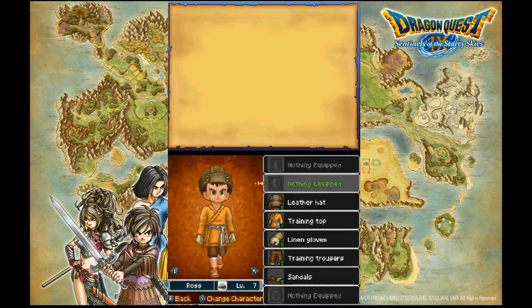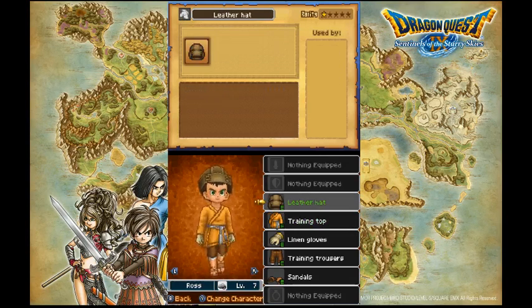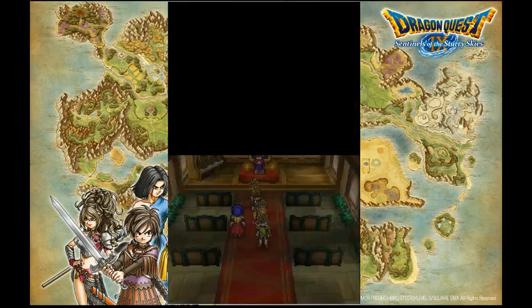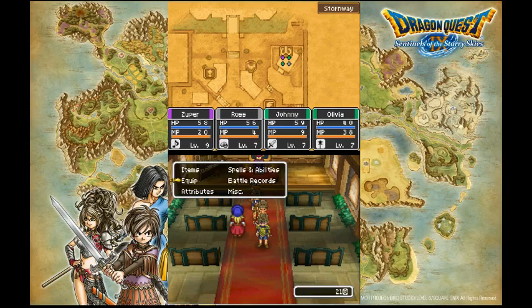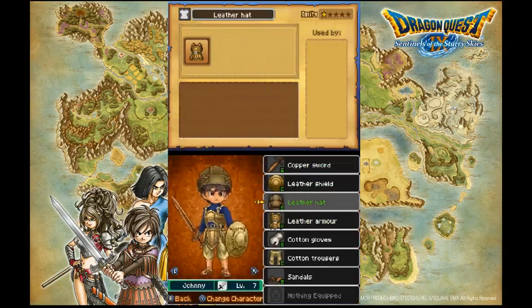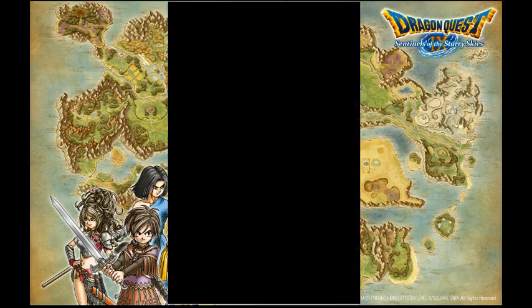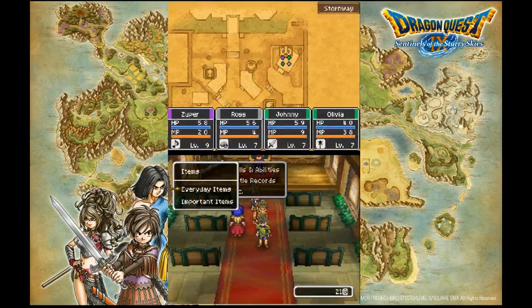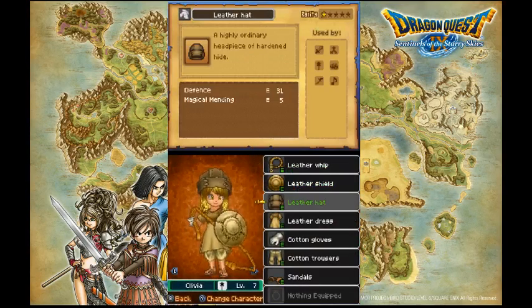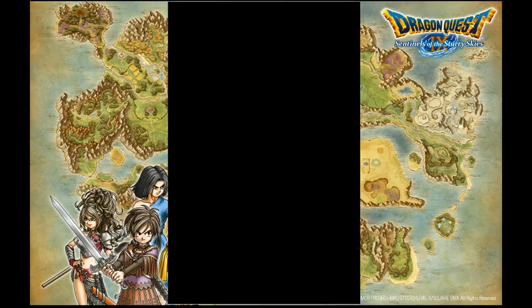Anyways, with Ross, I got him a leather cap and a training top, which increased his defense, I think, a total of 9? Alright. I just wish that this would be a little bit faster. Okay. Leather cap, leather armor, total of like 4 extra defense there, but he's already got more defense than the other characters naturally, so it's not a big deal. And then Olivia. No, I didn't mean to do that, I swear. And then Olivia. She has a leather hat and a leather hat, which basically gives her 5 more defense with these 2 things. Anyways, now that that has been done,